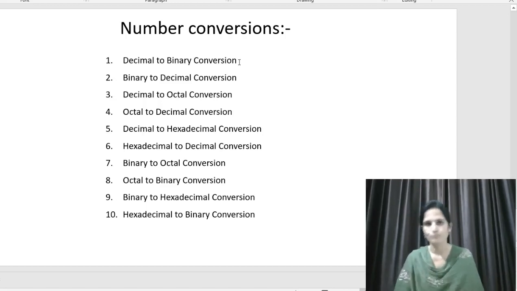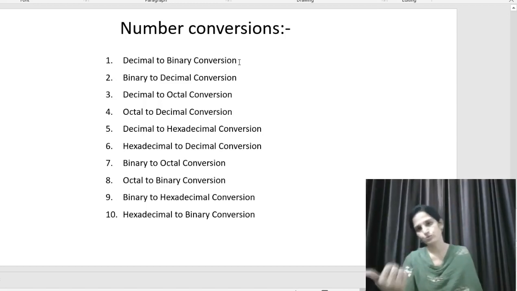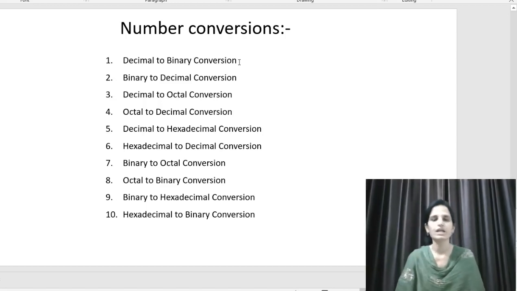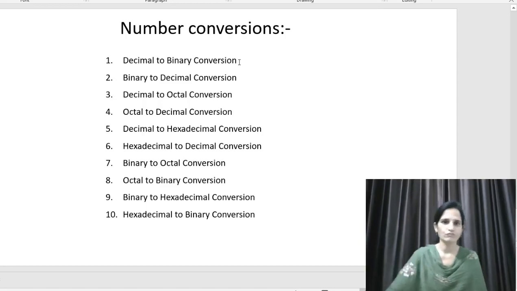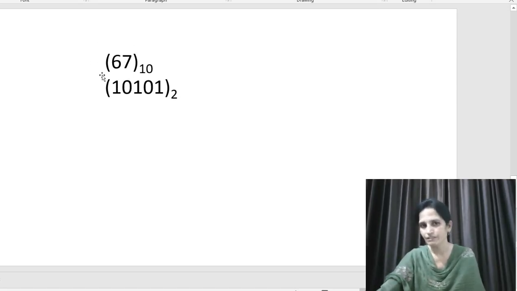We convert it into the form of 1000011. And vice versa, if your number is in binary, then we convert it into decimal. For example, our number is 1010, then we convert it into the decimal number system. If we want to convert decimal into binary, we use the decimal to binary conversion. And if our data is in binary form and we convert it into decimal number form, this is called binary to decimal conversion.